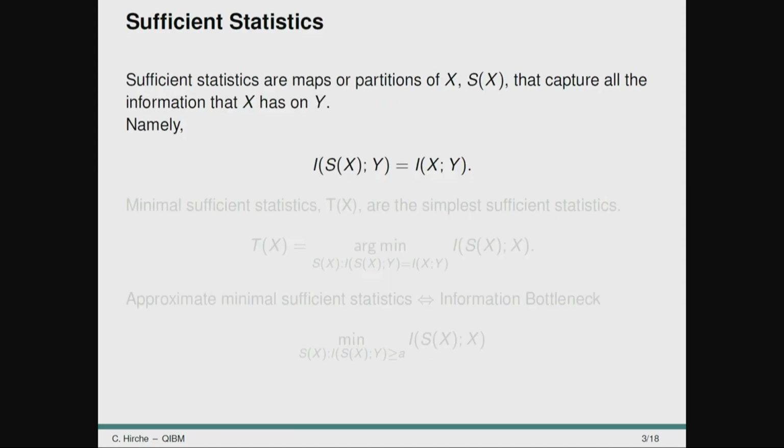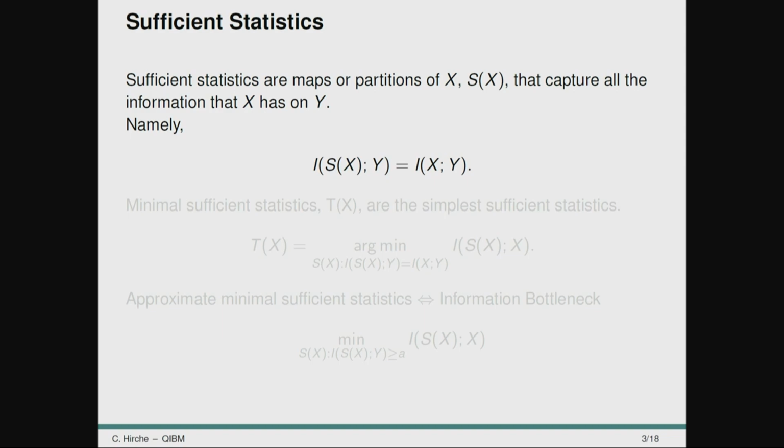To put this in more mathematical terms, what we want to look at is sufficient statistics. A sufficient statistic is this: if I have data or some random variable x, and I apply a channel to it, then I want to keep all the information in x concerning a related random variable y. I can write this mathematically using the mutual information. The mutual information between x and y should be the same even after I apply that map to x. That means I preserve all the information x has about y.